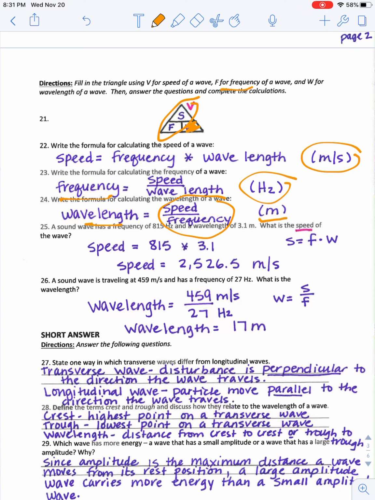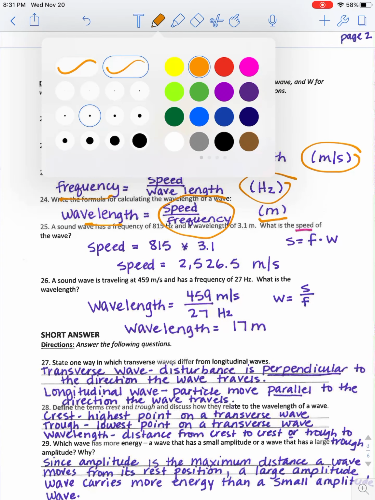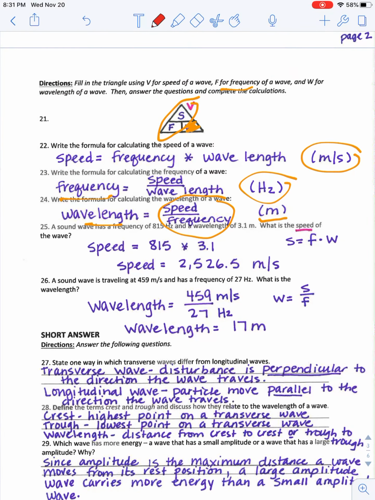All right, so let's put that to the test here. Let's change our color to red. All right. The story problem says, a sound wave has a frequency of 815 hertz and a wavelength of 3.1 meters. What is the speed? All right. So what am I looking for? I'm looking for the speed. So I'm covering up the S. I'm going to look at my formula. It's